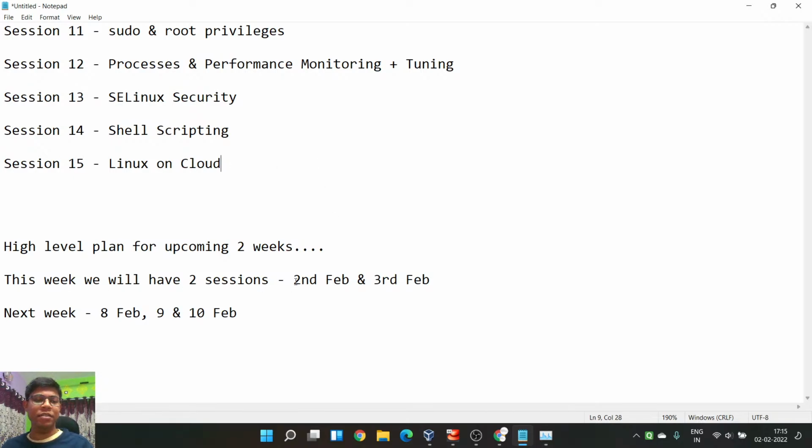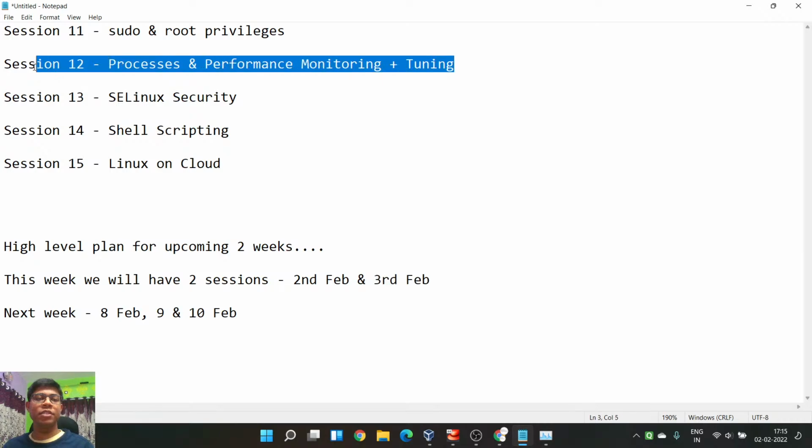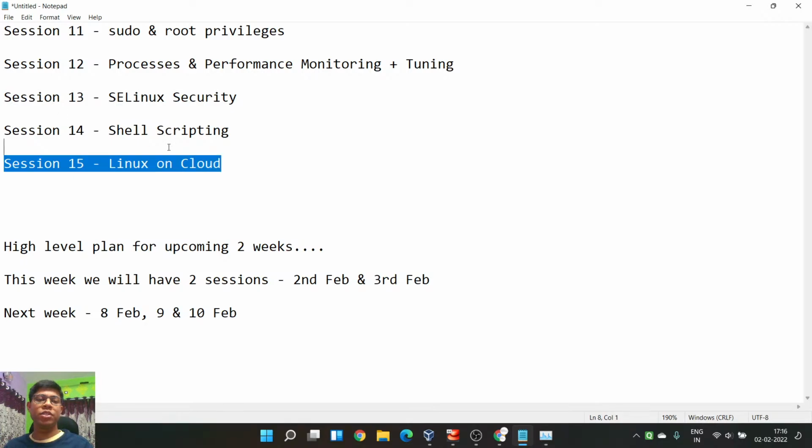And also, I wrote down some of the dates. It is actually hard for me to find times because of some of my own work and official work. So a lot of things are happening with me right now. So that's the scene. So second Feb, today we are having the session. Third Feb, I am planning to discuss this thing, and on 8, 9, and 10 February, I am planning to discuss these things. One more thing that I want to tell you, these sessions will not take 1.5 hours. So don't worry about that.